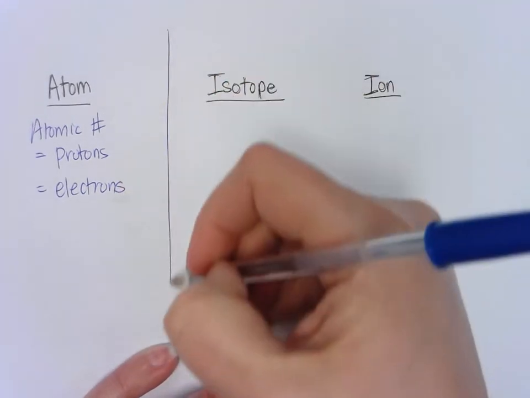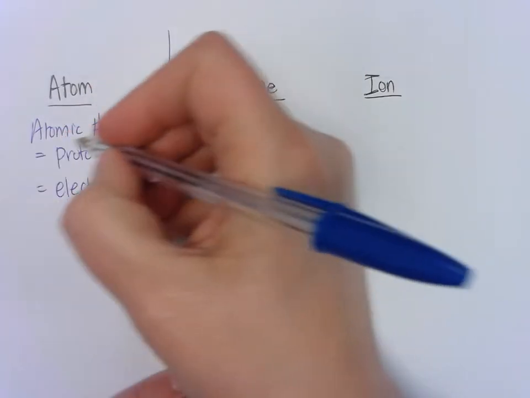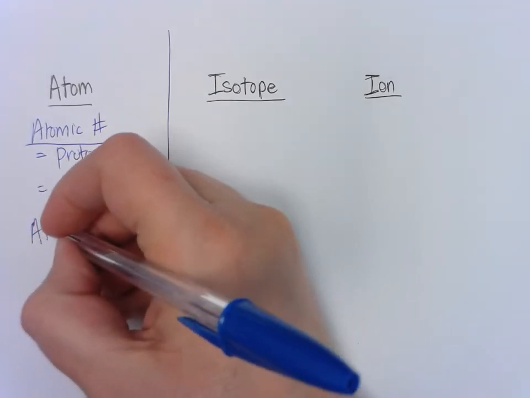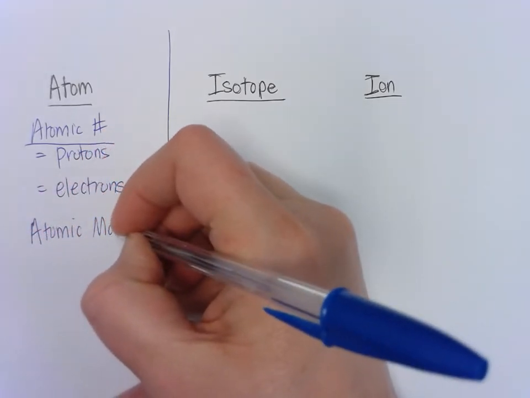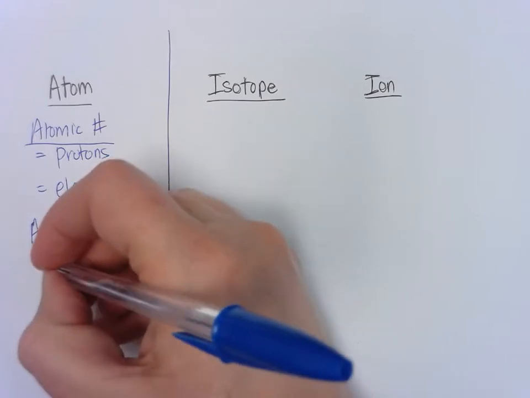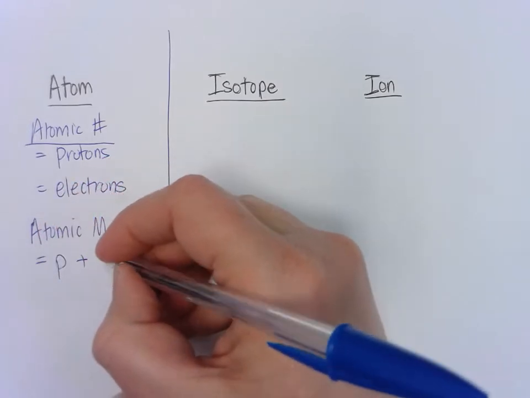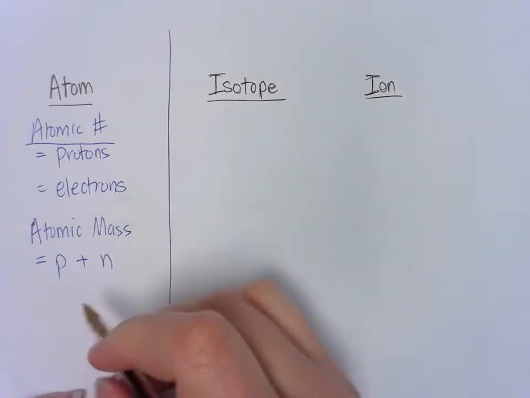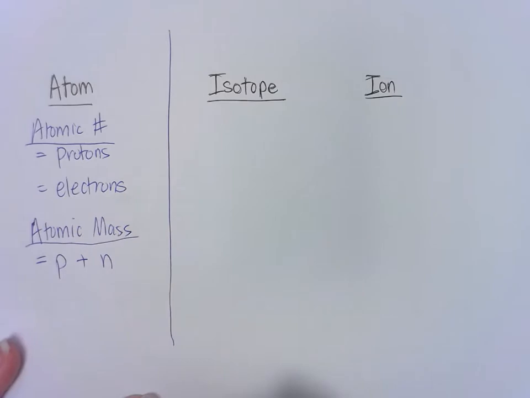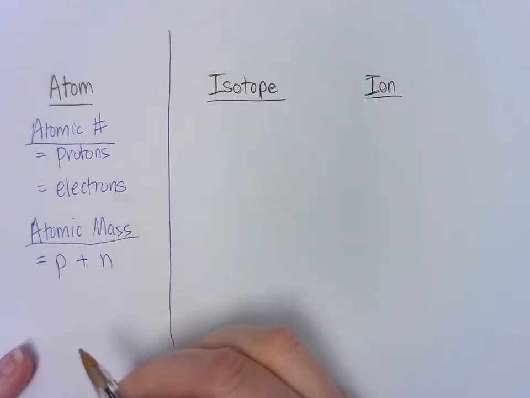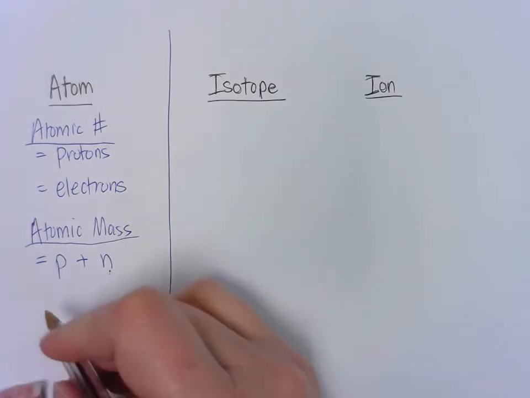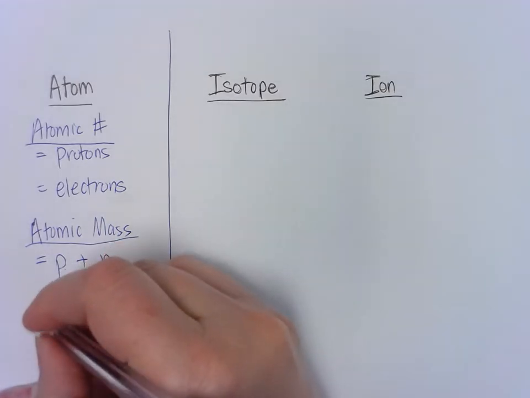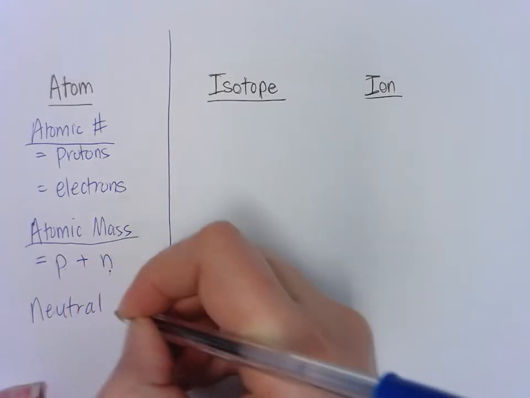So this is only in atoms. The atomic number is equal to the protons and it is equal to the electrons. We've also learned that the atomic mass in an atom is equal to the protons and the neutrons. Because they both have mass, we add them up together. They both exist in the nucleus, so the atomic mass is equal to the protons and the neutrons, and you just add them together. Now if you're looking for the neutrons, you might take the mass minus the protons to find the neutrons. These are neutral, meaning they have no overall charge,